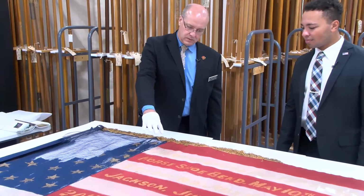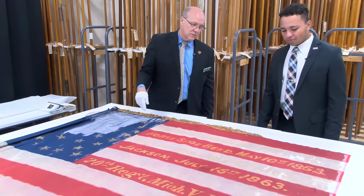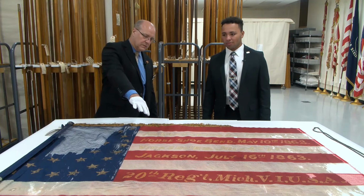We can see this is a history of the early war. Fredericksburg, which would have been December of '62, a very intense battle there. Going into the campaigns in Mississippi,